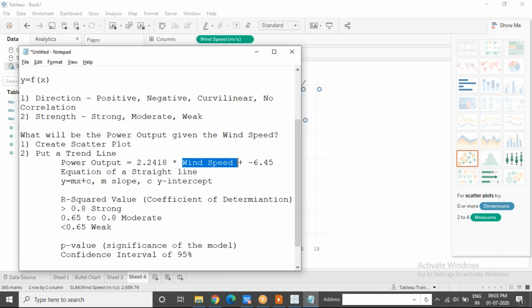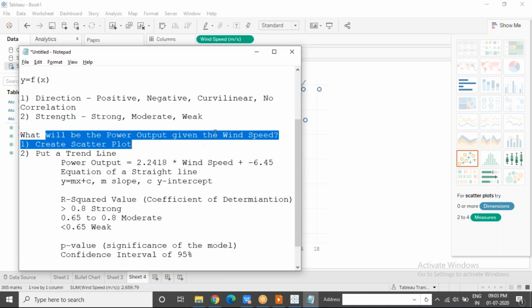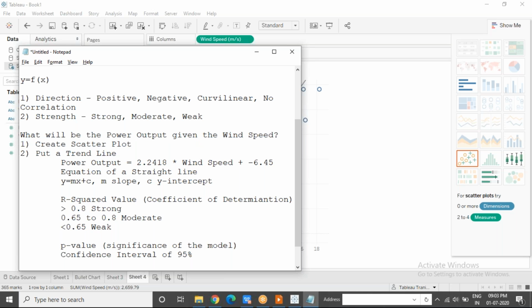That the wind speed is going to be 30 meters per second, or let us say 100 meters per second for calculations. It will be easy for me to calculate. So I will use 100 meters per second. The client told me that the wind speed is going to be 100 meters per second. So predict what is going to be the power output. What did I do for that purpose? When I was asked to predict the power output, given the wind speed as 100 meters per second,